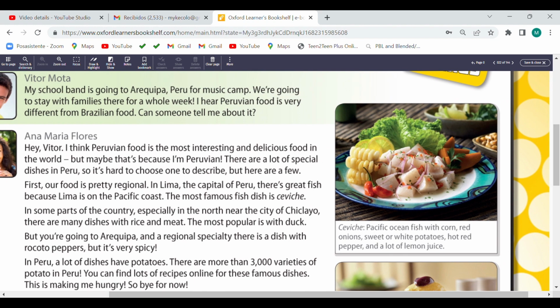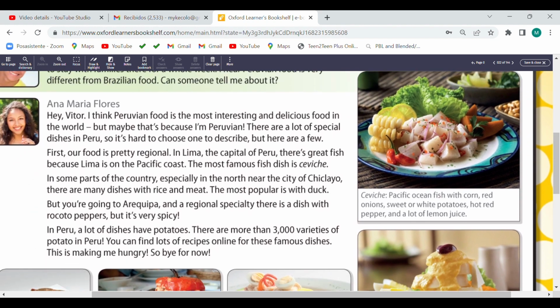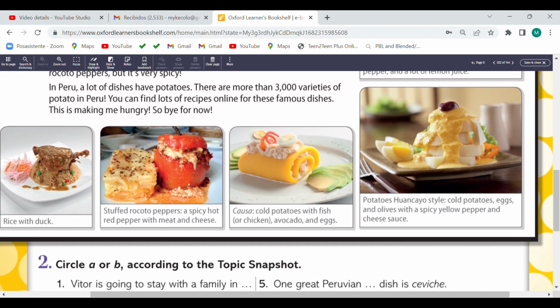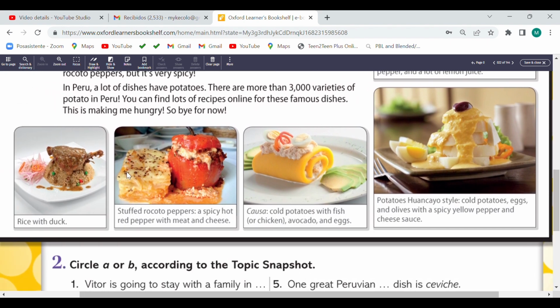Okay, good. For example, we have a ceviche. We have the picture about ceviche. This is the Pacific Ocean fish with corn, red onions, sweet or white potatoes, hot red pepper, and a lot of lemon juice. And we have another picture with rice with duck and stuffed rocoto peppers, a spicy hot red pepper with meat and cheese.